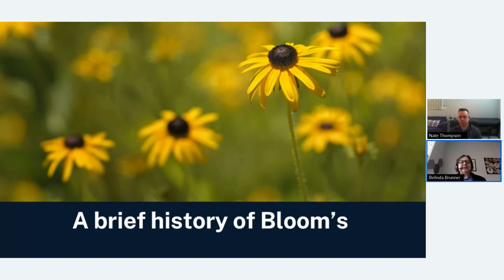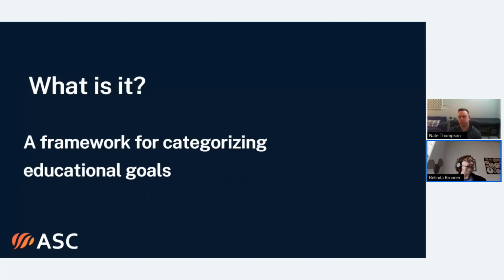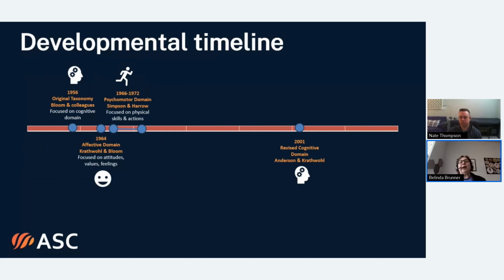So let's begin with just a brief history of Bloom's taxonomy. And first of all, with talking about what it is, it's a framework for categorizing educational goals or instructional objectives. And it's been around for a long time, 70 years. It was first developed by Benjamin Bloom and his colleagues in 1956. That was the original cognitive taxonomy. That's probably the one